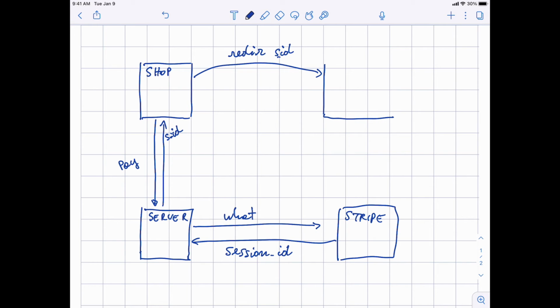Then you go to this web page that is served from the Stripe server, okay? And here the user enters their name, their credit card information, their whatever, and there is this button in the end that says pay, really charge my credit card, okay? Once the user clicks on pay, this redirects you to one of two pages, okay?